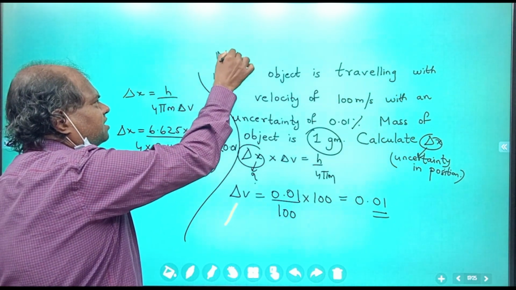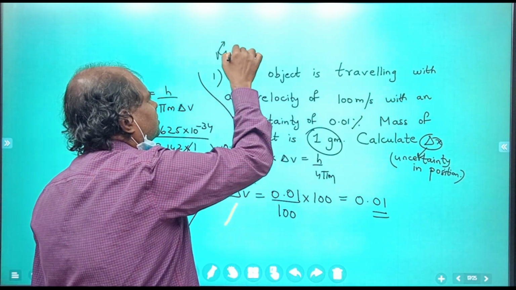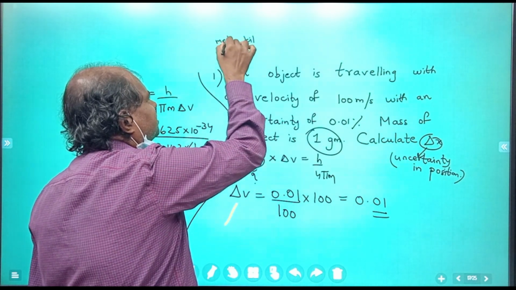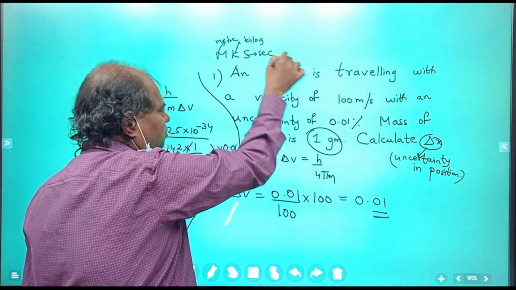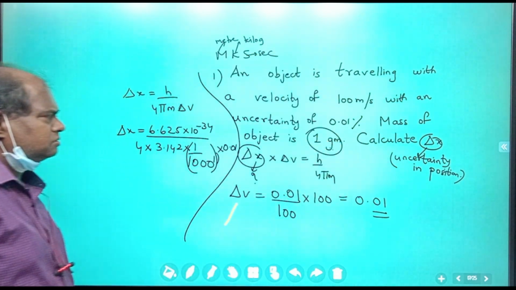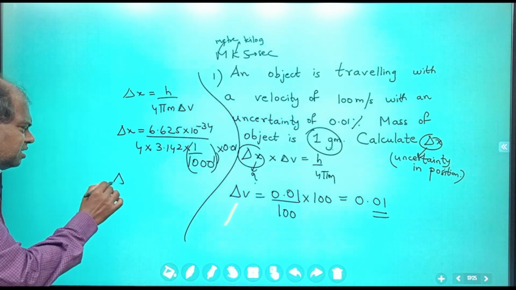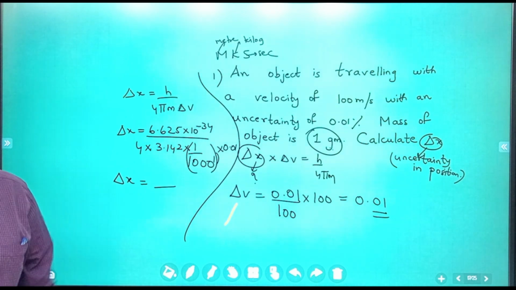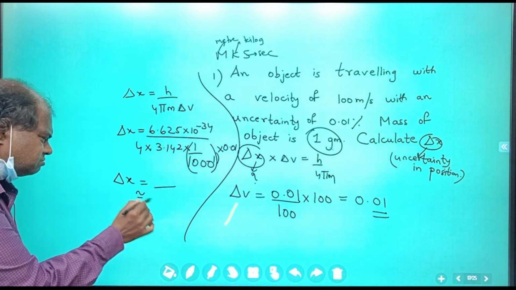Whenever you're using MKS, it means what system? Kilogram, meter, and second. So if you are using meter, you have to use kilogram, right? So you have to convert this to kilograms, fine. So just substitute these values, and you will get an answer. You will get very, very less answers, students. If you see, 10 to the power minus 34 will dominate, so again, it's almost equal to 0.